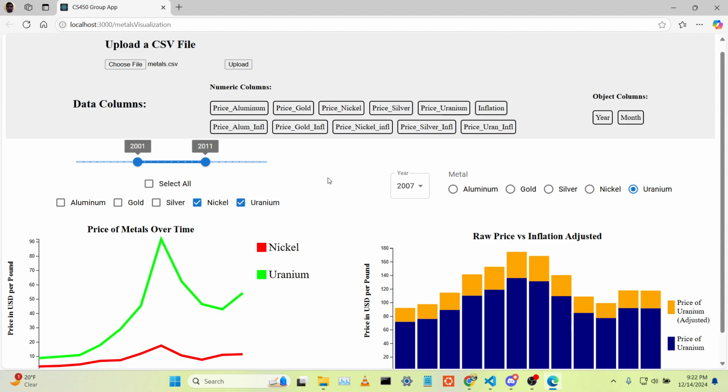And of course, as long as you have any CSV that contains the proper amount of columns and objects, then you can do this with any data set, regardless of any point in time. You could repeat this with a data set that goes further into the past, or you could repeat this with a data set that goes even to more